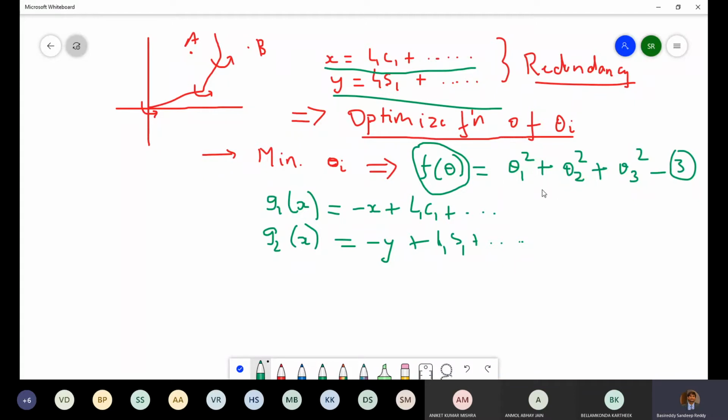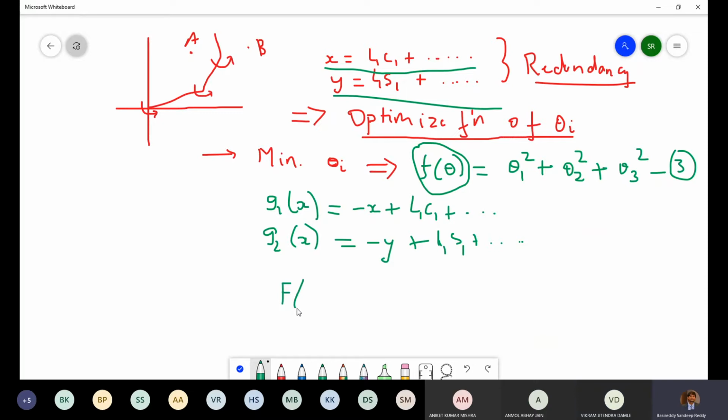Now to minimize this function, before I go about this, I want to ask, has any one of you heard the word Lagrange multiplier? Yes, sir. Yes, can you explain in what context? Optimization, constraint optimization. So you have an objective function and some constraints. Objective f and g1, g2 are constraints. So you have to do something like f minus lambda 1 g1 minus lambda 2 g2, and then take the derivatives. Yes, correct. So here you can formulate the optimization function.